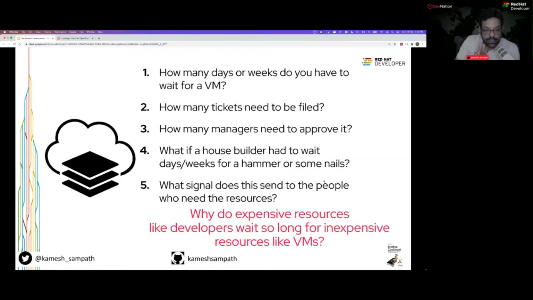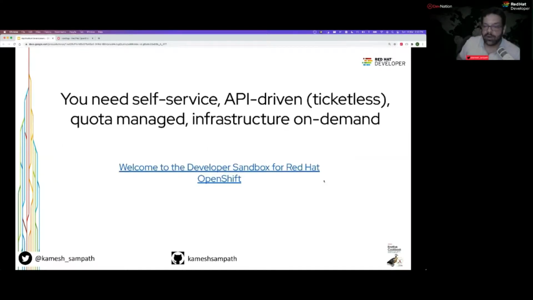But with today's speed, that is totally unacceptable. So when a developer onboards on day one, even if you're a startup, make sure that on the very first day, once formalities are done, you should just click a button or a link, and then you should have his development environment up and running. That's exactly what I call self-service, API driven,